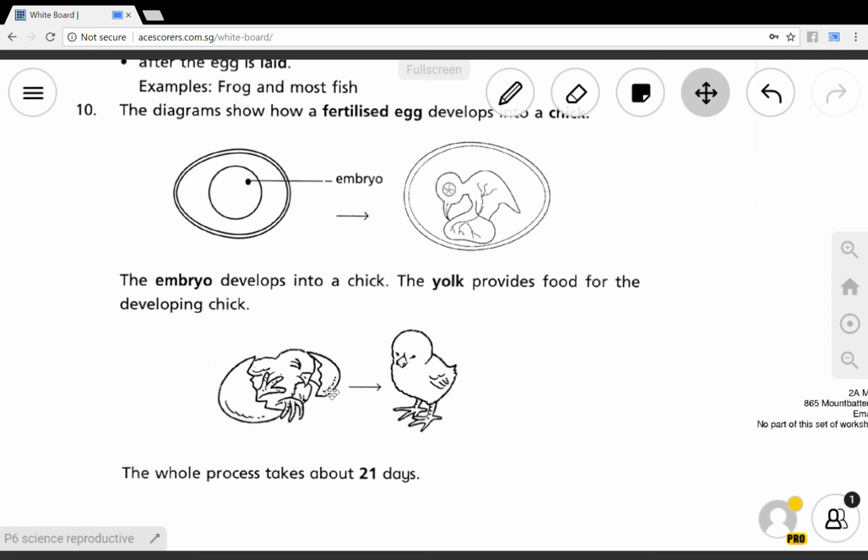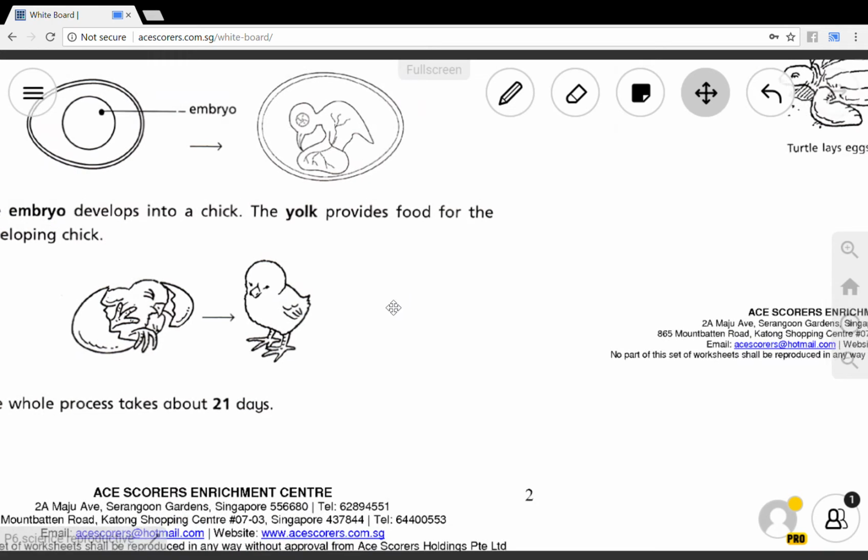Even smaller, like before maybe 7 months, is also possible. It's just that the baby is really tiny. They put them in the incubator for at least 1 or 2 months, supplying it with nutrients. They wait until it is bigger, then the parents will carry the baby home. So gestation period, different animals have different gestation periods.